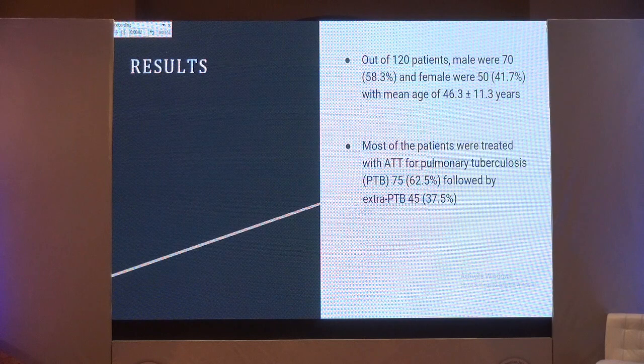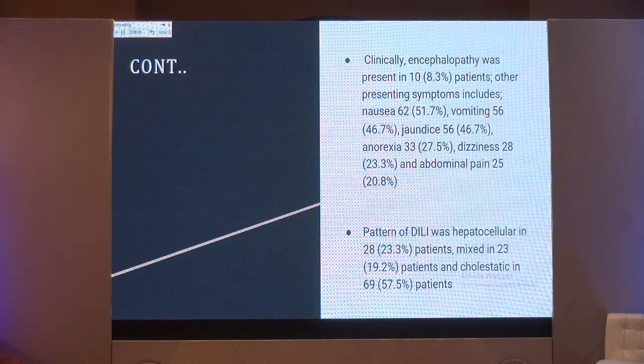Of the 120 patients, 70 were male, which is 58.3%, and females were 41.7%. Most of the patients were treated with ATT for pulmonary tuberculosis, 62%, followed by extrapulmonary with 37.5%. The most common clinical presenting complaint was nausea, followed by jaundice and vomiting, and then anorexia, dizziness, and abdominal pain. The pattern of drug-induced liver injury was hepatocellular in 28 patients, which is 23.3%, mixed pattern in 19.2%, and cholestatic pattern in